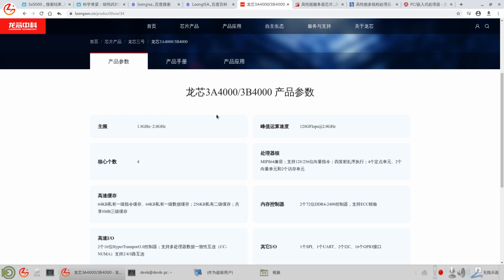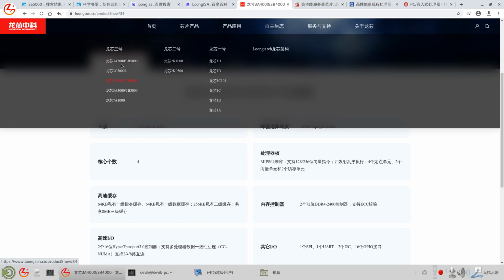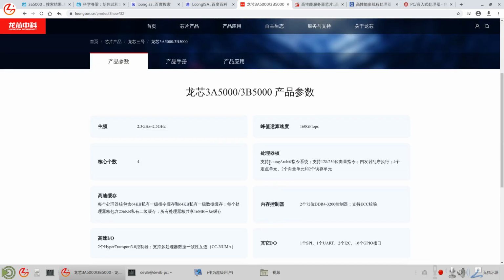Okay, this is the past, beginning from last year, I mean 2021. Now it's 2022. So last year they already stopped caring about MIPS or LoongISA compatible with MIPS. Now they have the new instruction set called LoongArch.